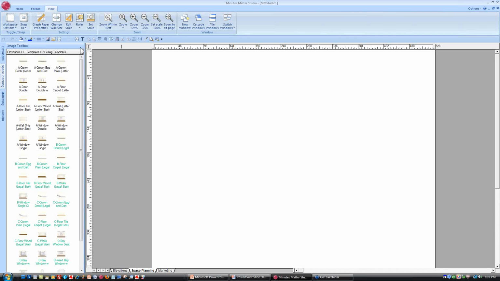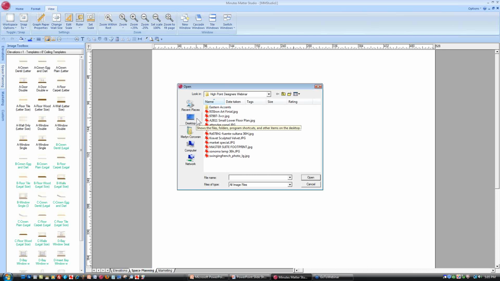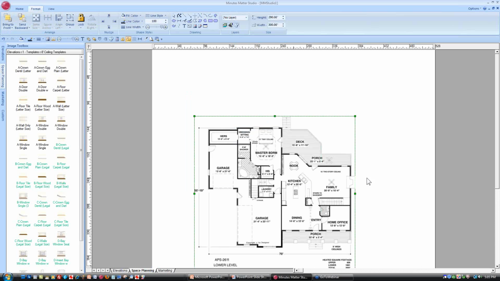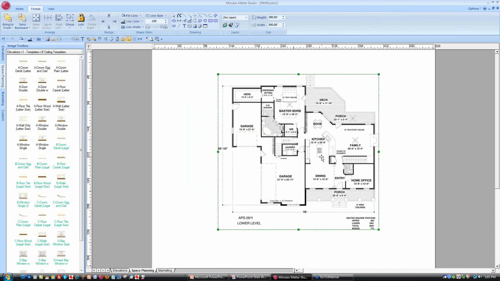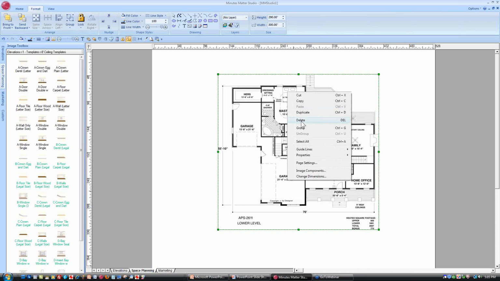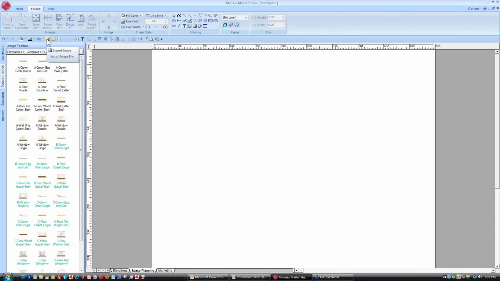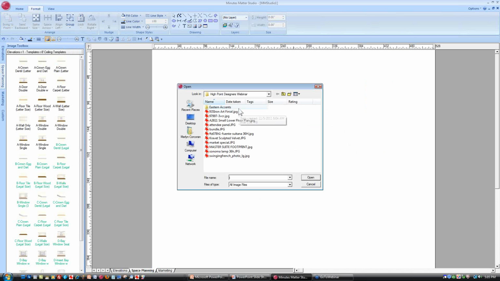We're going to import a drawing of their new home. I'm going to click on the Import Image button, click again in the workspace, and locate our drawing. This is the lower floor plan, and you can see it's quite small. What I've done is cropped out just the master suite. So I'm going to import that and work on that. Again, click on Import Image, click again in the workspace,